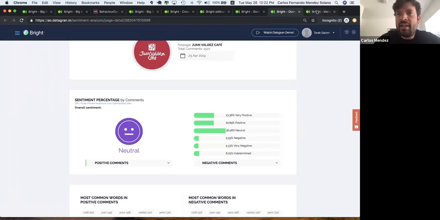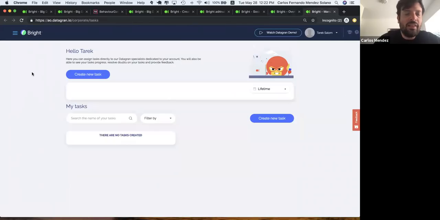Finally, one of the things that you don't have available at this point that we're going to launch with the collaboration tool, and this is going to be a little bit more powerful than what you see here, but it's kind of like a first glance of what we're going to have. It's called task creation. And we have this integration with Asana. So for example, if you have Asana as your tool for task management, you can integrate it with our tool.